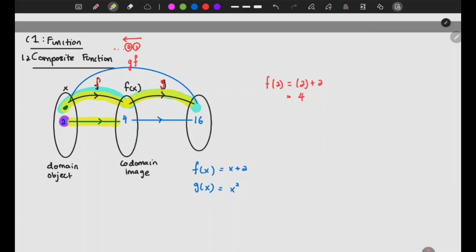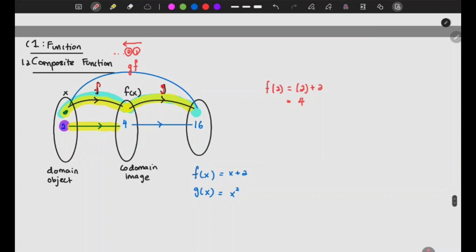Right? And my g(x), so my g(x), isn't it at this part, which is from 4 to 16? So let's just say 4, and my x is 4 squared. What is it? 16, isn't it? So which is the second part, is the g(x) part, isn't it? So from 4 I get 16. So I pass through the first bridge, I reach 4, and then I go to the second bridge, I get 16,